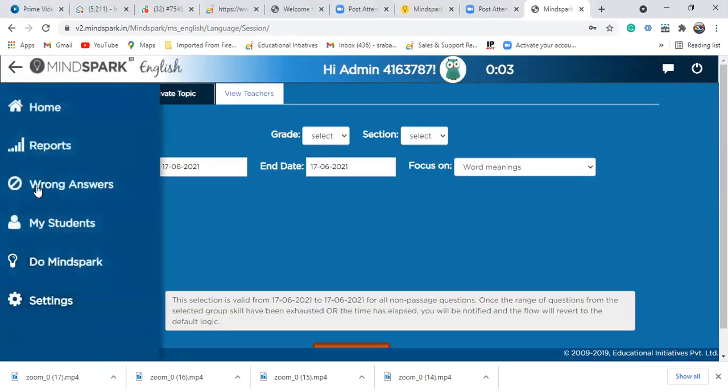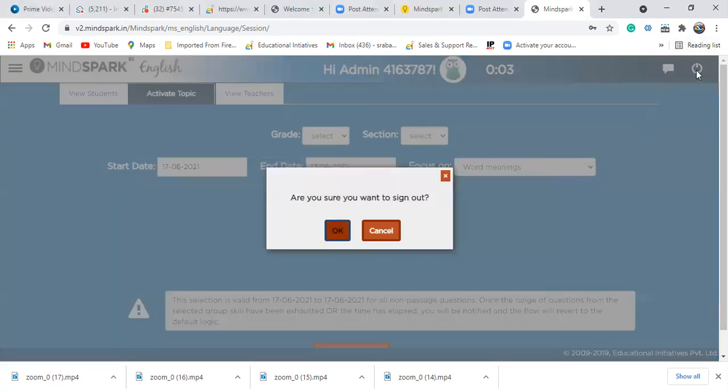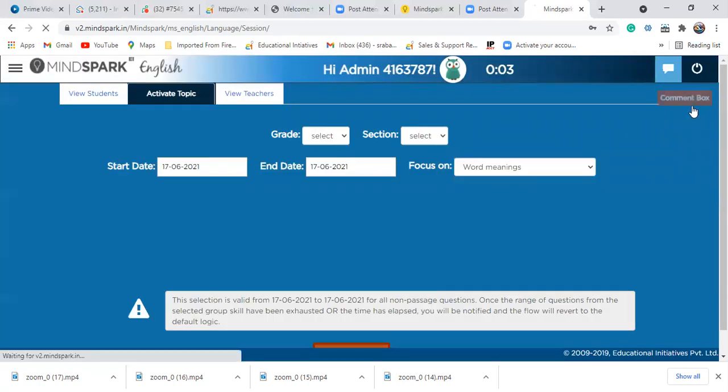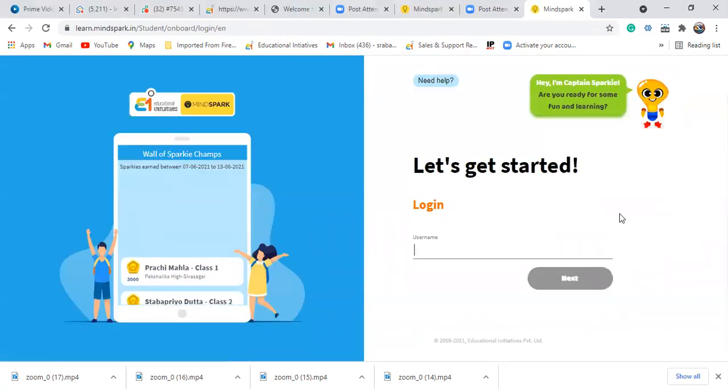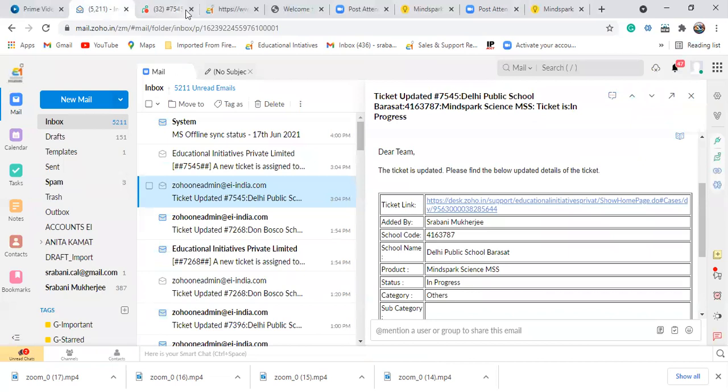So teachers, I would request all of you to start, give a topic, and check regular reports in the interface. And remember, log out. Logging out is very important. If you don't log out, you're going to face problems later. By saying this, I want to end today's discussion on topic activations. I hope for all the teachers, this job is not very tough. It is very simple. I hope they can do it very fast and understand the interface very fast. Thank you so much.